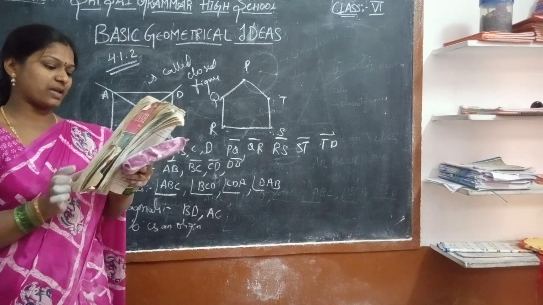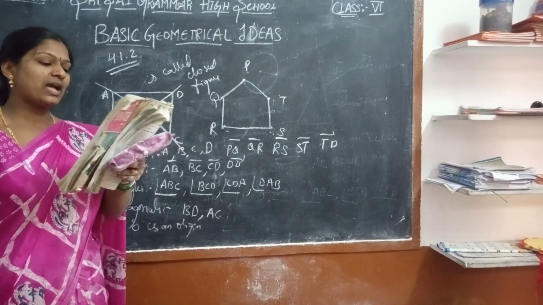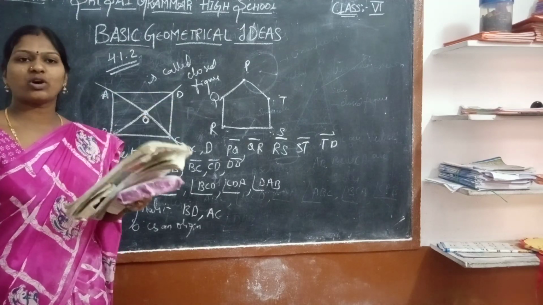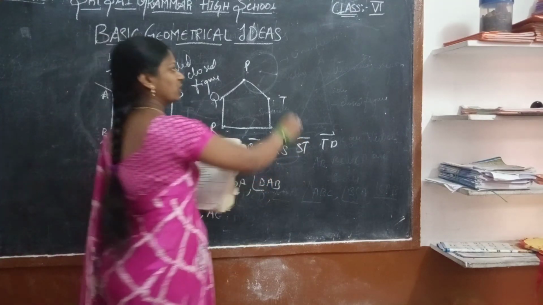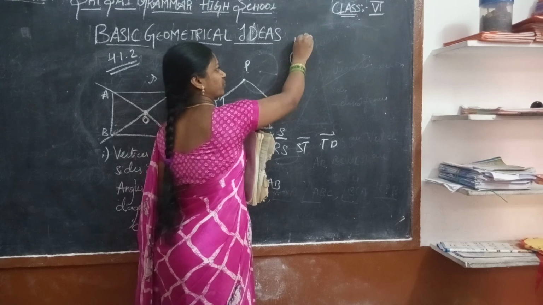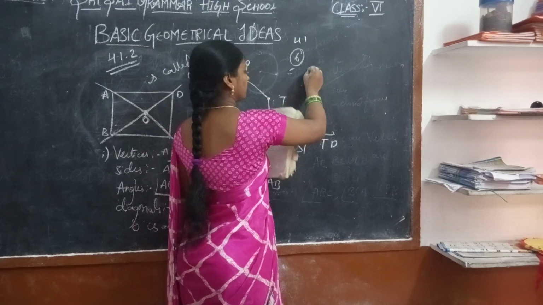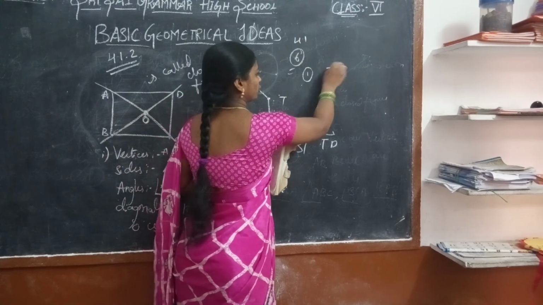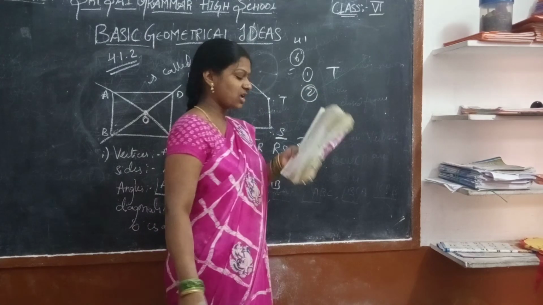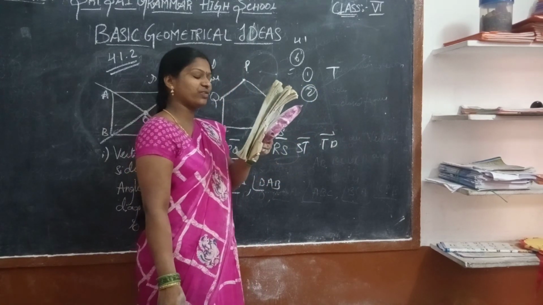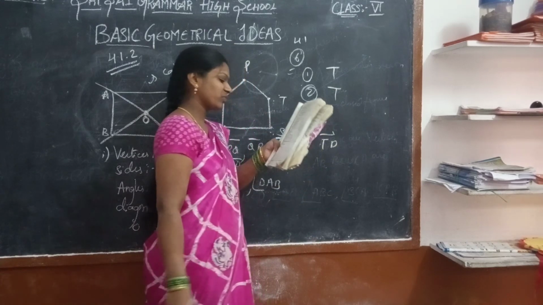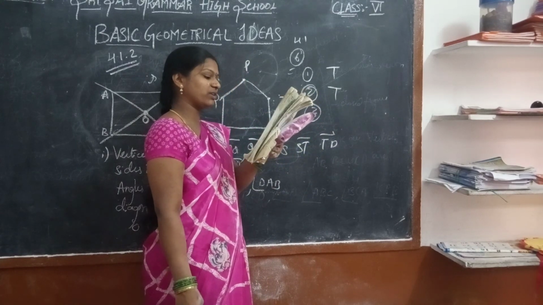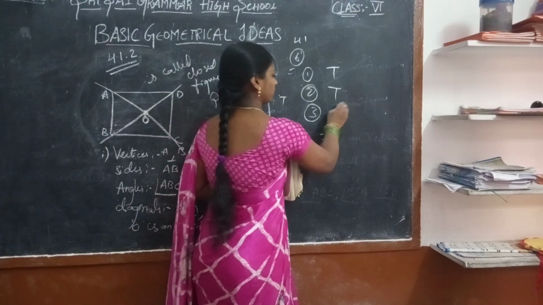That is the 6th sum. Everyone see, a line has no end points. Does a line have end points? No, a line has no end points. So it is true. Yes. Now, a ray is a part of a line. Yes. A line segment has no definite length. Yes, false.